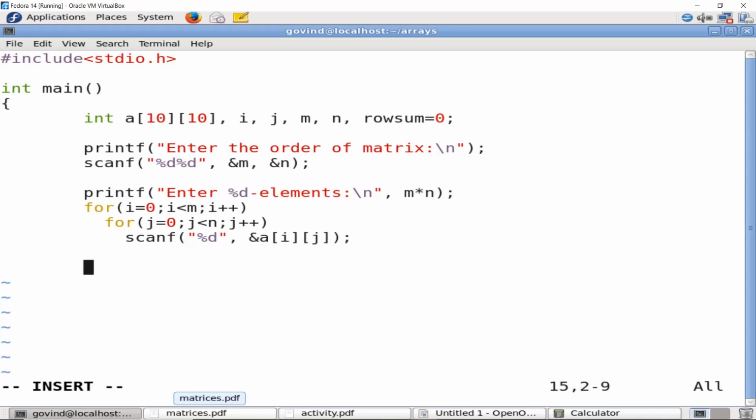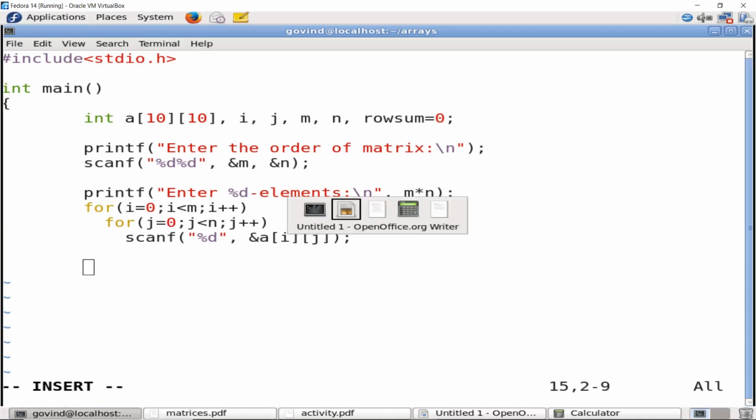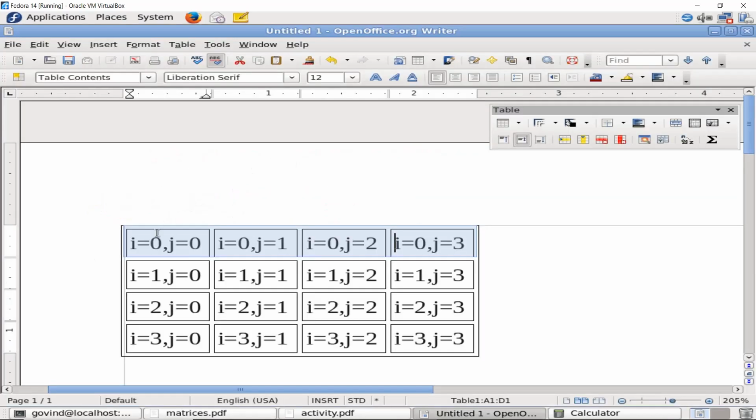Next, I am interested to print the row sum. For each row, I need to print the row sum. To be able to print the row sum, we need to take the sum of each individual elements of each row. However, when we are actually navigating the array, we start from row and navigate till all the columns of that particular row.